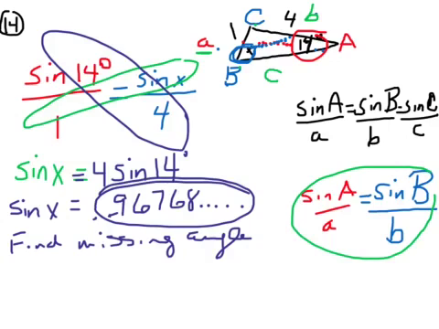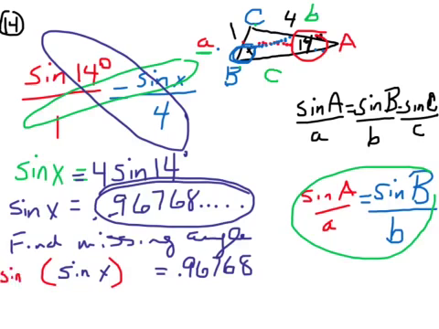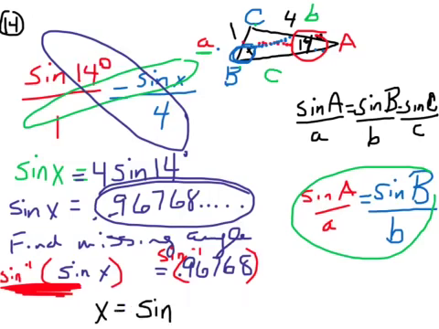I checked. Do you remember that if you've got sine x equals this number, and that could have been a fraction that we could have divided out, algebraically how we show that we're solving is we say, to get x by itself, I do the opposite of the sine. I do the inverse sine, and I could write it as sine to the minus 1 power. That's just saying inverse sine. But I have to do that to both sides. And this inverse sine and this sine undo each other, kind of like squaring and square rooting undo each other. And I would get x equal sine inverse of